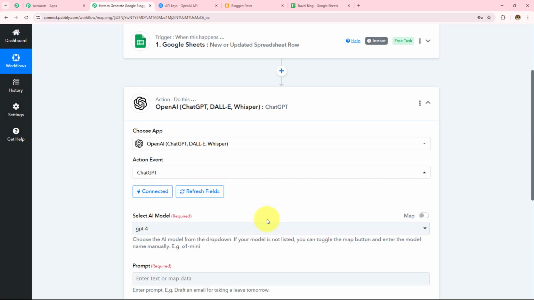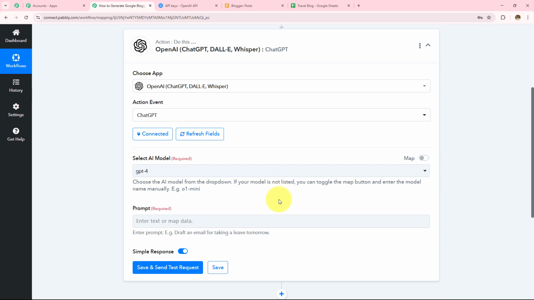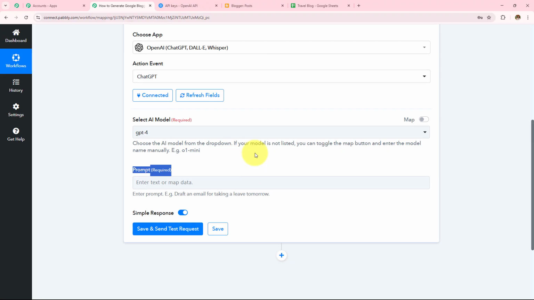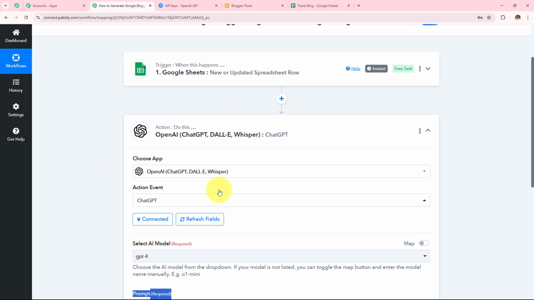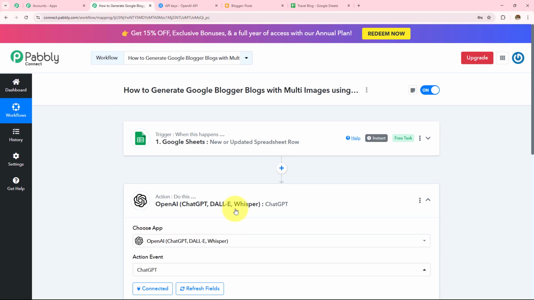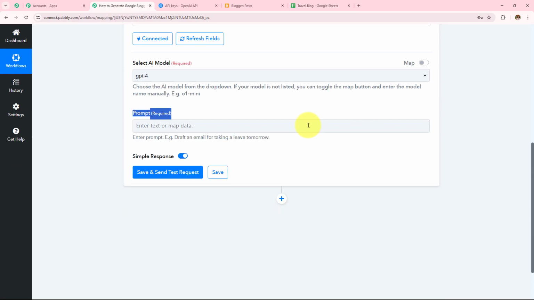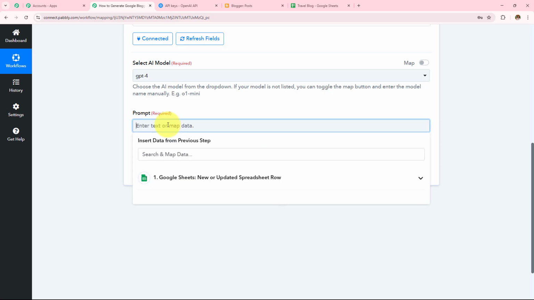So here OpenAI is connected with Pabbly Connect, and now I have to enter the AI model and the prompt. Now I have to enter the prompt in a way that this AI gives me the response that I want. I want the response such that I am adding a title and I am giving you the keywords, so generate content for my post. So I am going to write the prompt in such manner, and for that let's say my prompt is